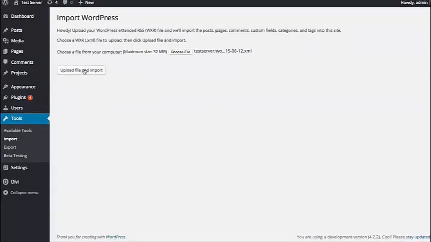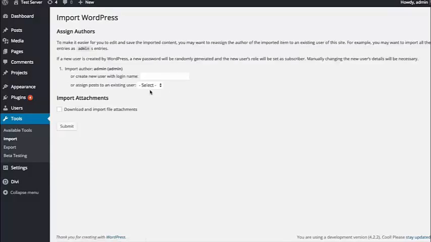So once you've selected that XML file, click the Upload File and Import button, and that's going to bring you to a new page where you can assign an author to these posts, or they're technically post types. If you want to assign yourself as the author, you can do that, or if you don't, it's going to create a new author account, and then just click Submit,